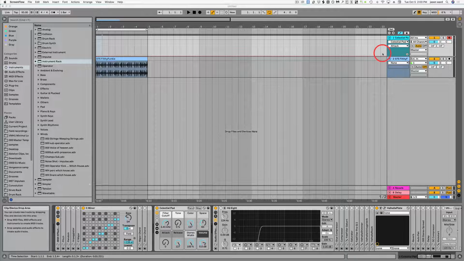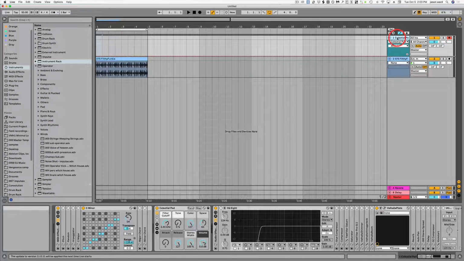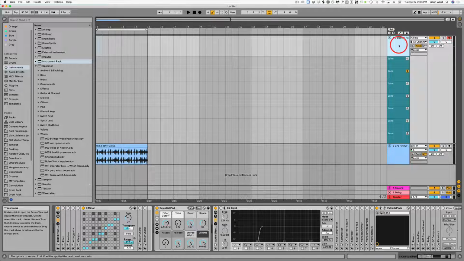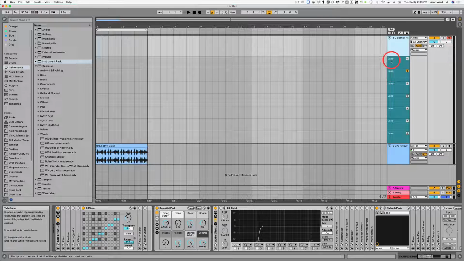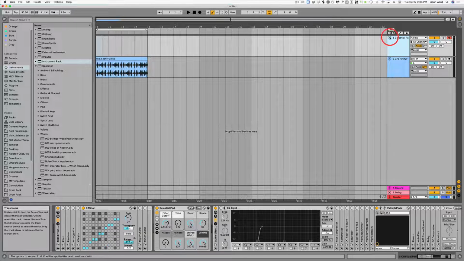So the first thing that we're going to want to do is turn off our automation, and I'll show you why. If you right click here, the options here, take a look. What we're looking for is an option that's not available until we turn off our automation. And then once we have that off, we can right click and show take lanes. I had this set up before. I'm just going to delete this. So this is what you'll see